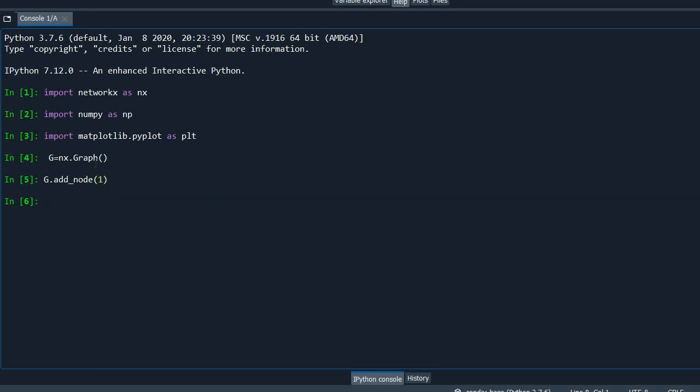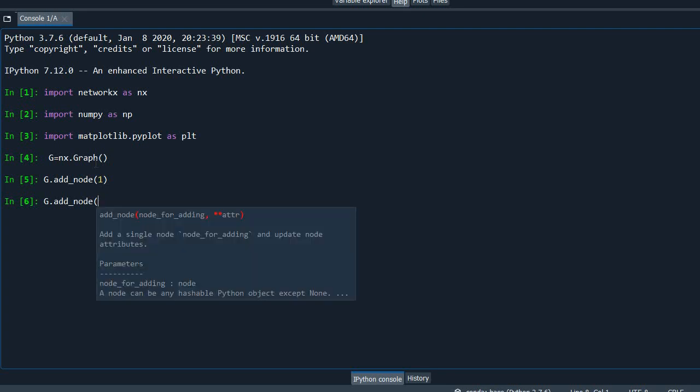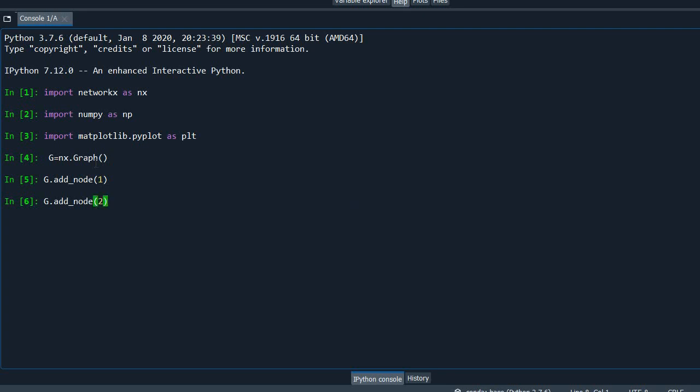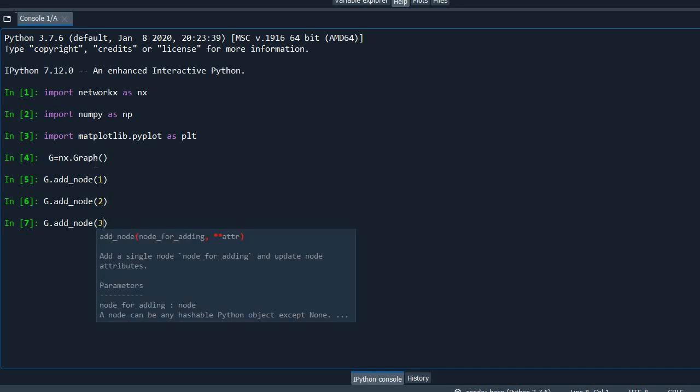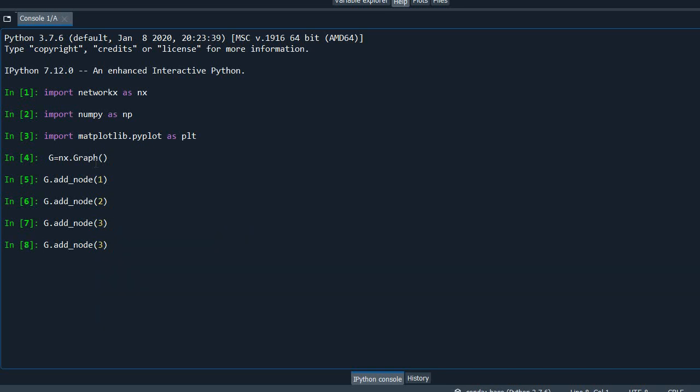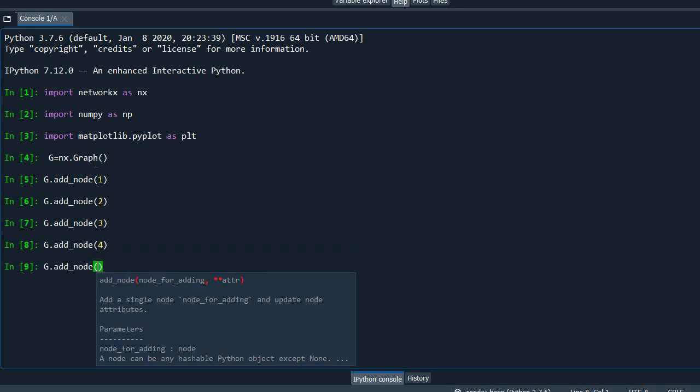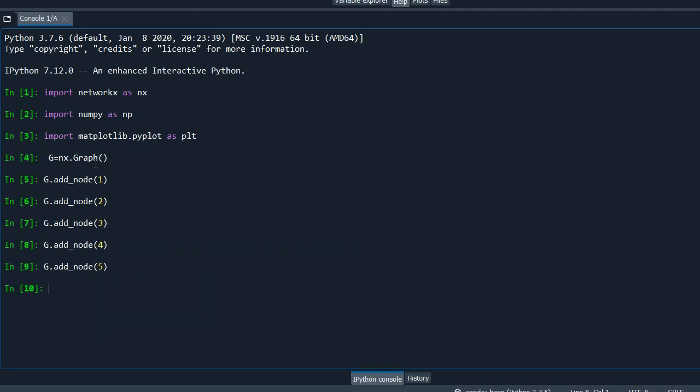Similarly we can create node 2, node 3 and so on. Now we have created the nodes. Now we have to create edges,